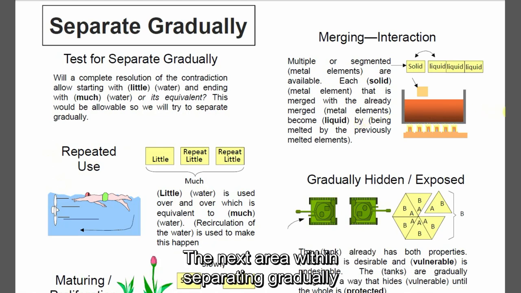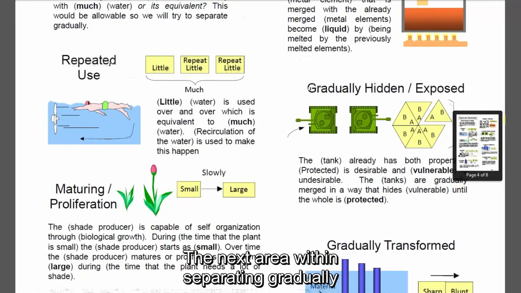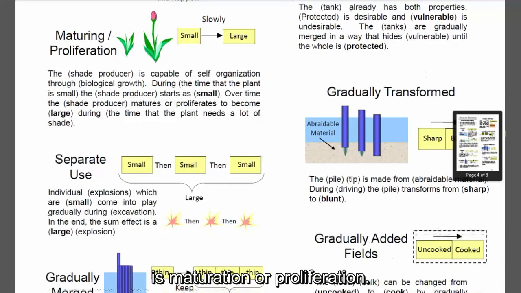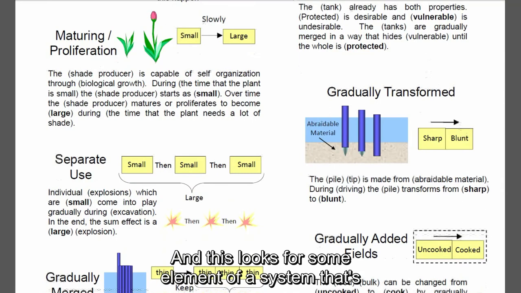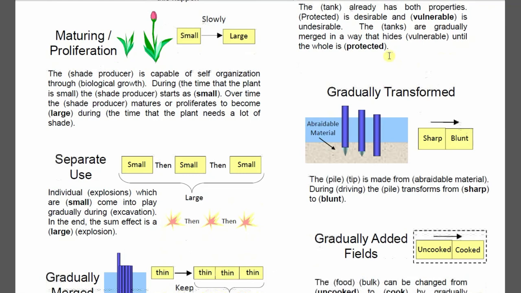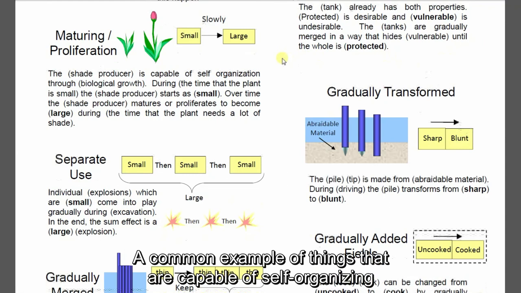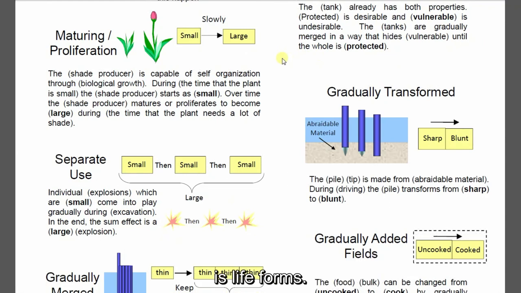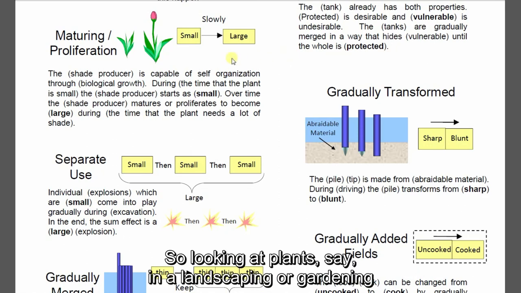The next area within separating gradually is maturation or proliferation. And this looks for some element of a system that's capable of self-organizing. A common example of things that are capable of self-organizing is life forms. So looking at plants,